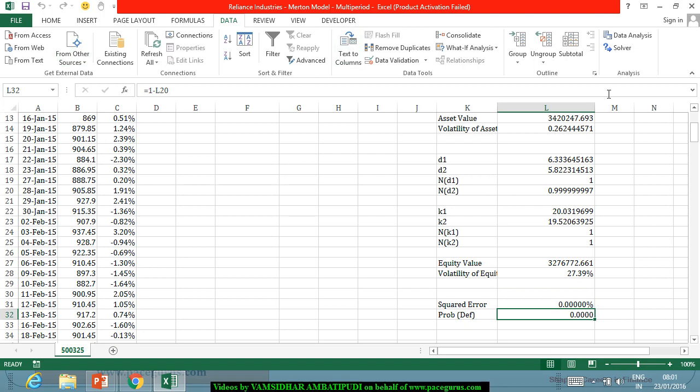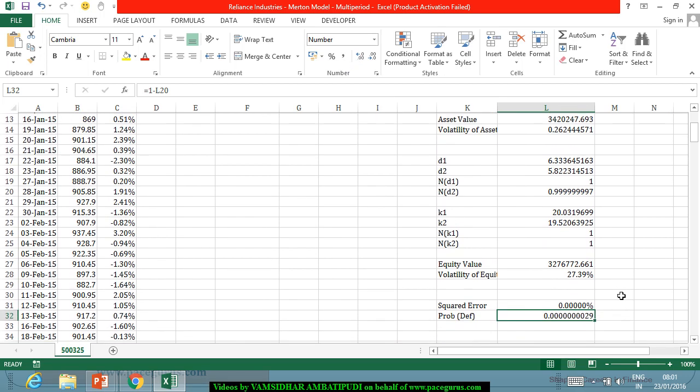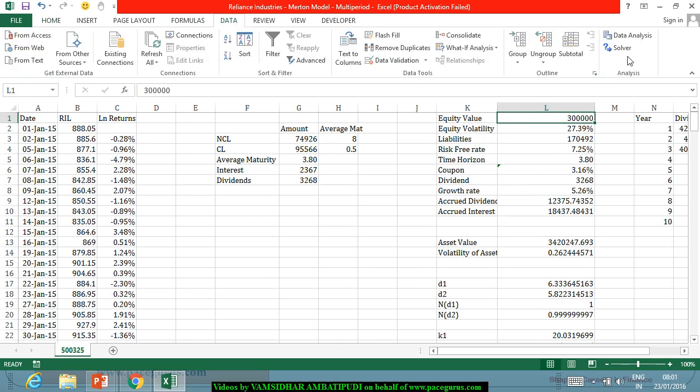so there is some probability of default, 1 minus ND2, when I am doing it. Probably there is a 0.00029 kind of a probability. Very rare, but yes. But if instead of the equity value being this much, let's say the equity value is only 300,000, then if I am running the solver,